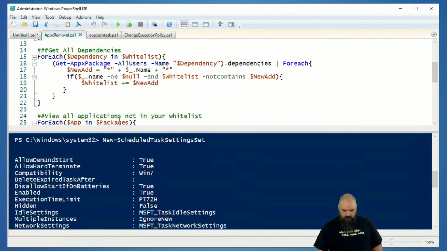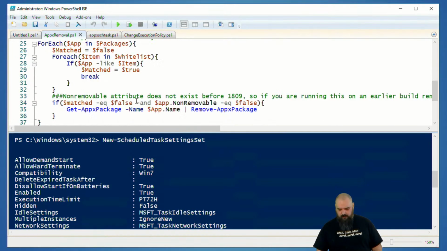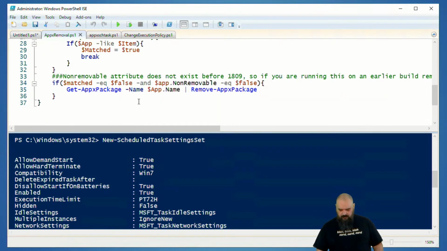And then we're going to go through, and for each one in our whitelist, we're going to find dependencies and add that to the whitelist. So we don't try to remove the dependencies. Because once again, it's not going to let you. It'll just throw up an error on that one. So we're just kind of avoiding things that are going to throw up an error. And then at the end of the thing, we're going to come at the list. We're going to grab it if it is in our matched list of things to remove,